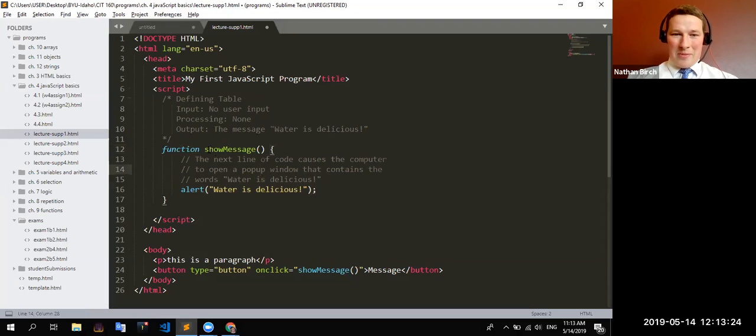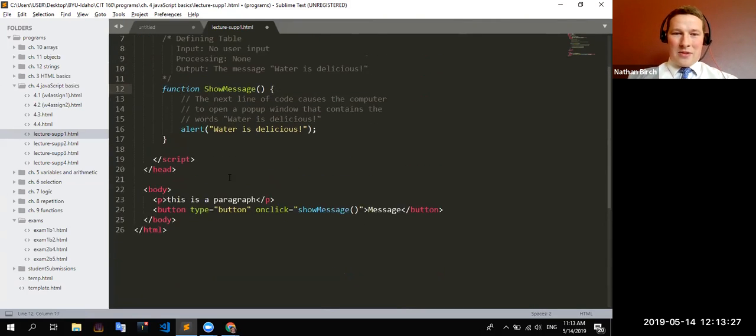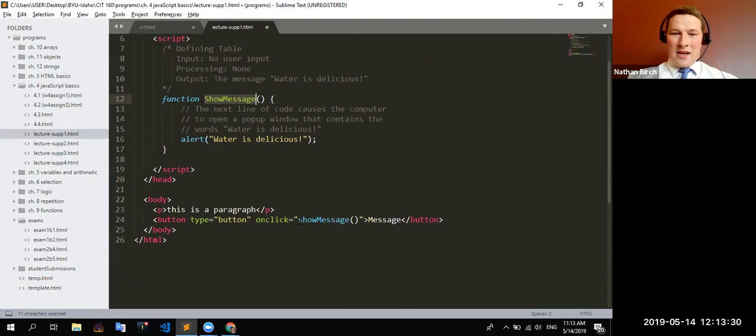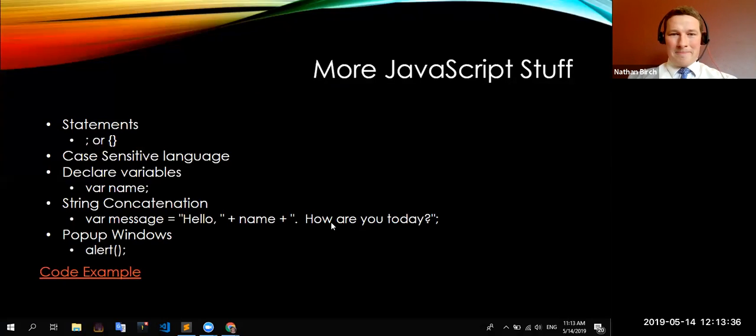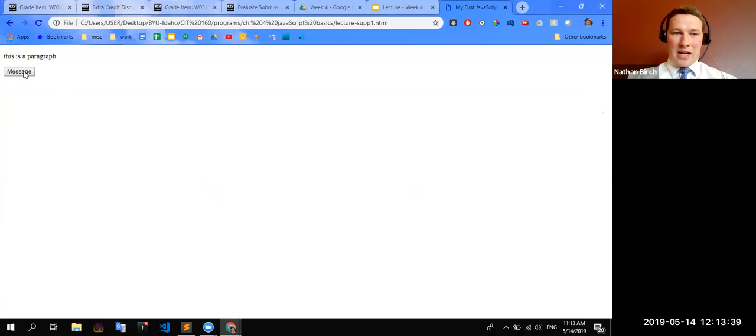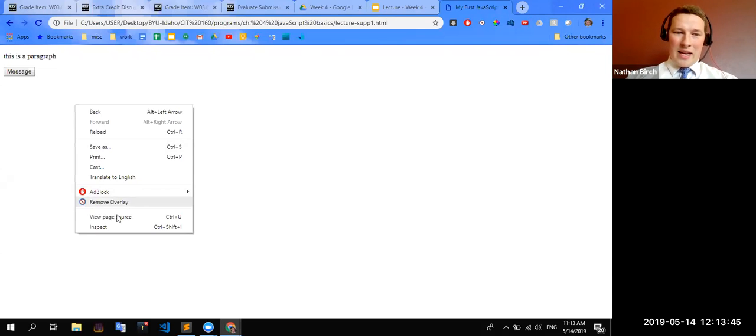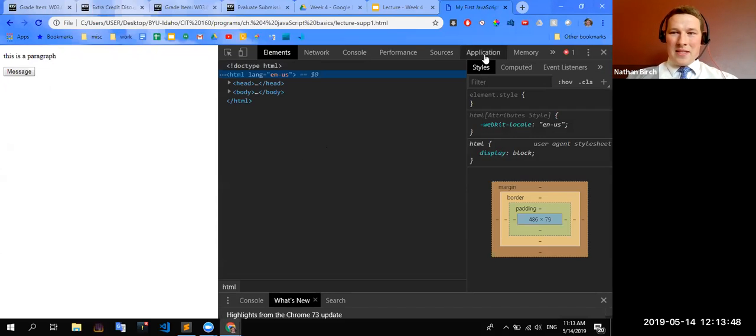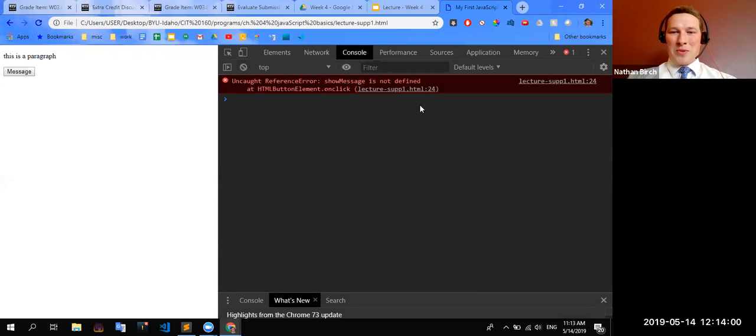So let's play with this a little bit. Let's say I put a capital S right here. So I have a function called showMessage, and I'm going to call a lowercase showMessage right here. I'm going to refresh the page and click on it. Nothing happens. If I hit F12, or right click and hit inspect, you can see I have this little red X with the number 1, and that means there's one error. When I said a bunch of errors would show up, they don't show up on the page, but they will show up in the developer tools of Google Chrome. It says showMessage is not defined.